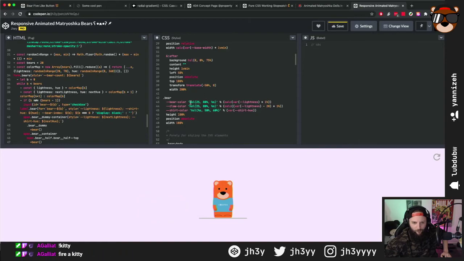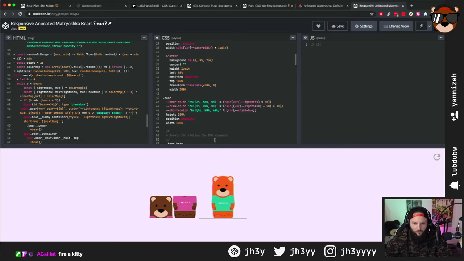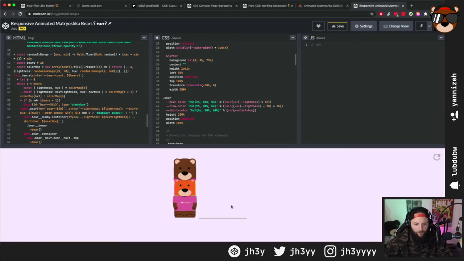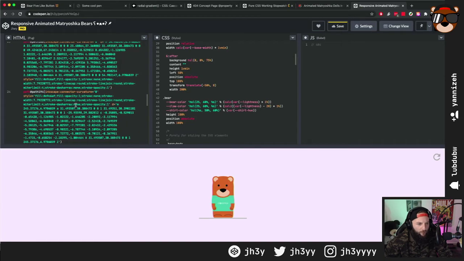I feel like the actual bear color could probably be a bit better. Maybe if I took the saturation down a bit. As I say, I've not really looked at this for a long time, but yeah, even that is a bit better. And I think the black is probably a bit too harsh. Probably fix that up. I feel like the stroke on